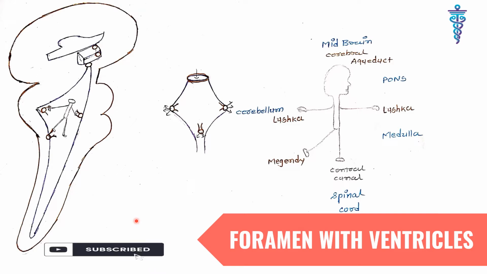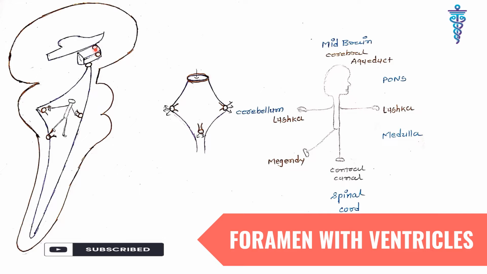So now, for understanding better, see this figure. It is a right lateral view of the CNS. What is this? This is the third ventricle. Above it are the lateral ventricles. Then below the third ventricle, what is here? This is the cerebral aqueduct. And what is this diamond shaped thing? It is the fourth ventricle. Then this longitudinal canal is the central canal of the spinal cord. So what about the foramina now? The two foramina of Monro are situated between the lateral ventricles and the third ventricle.